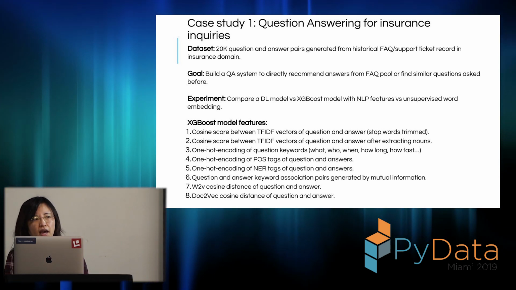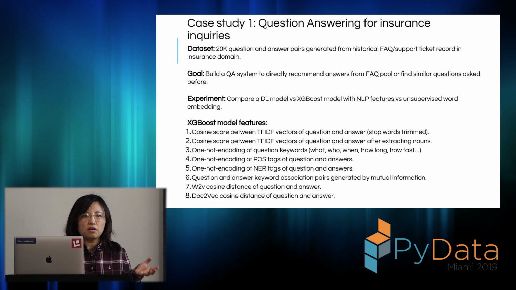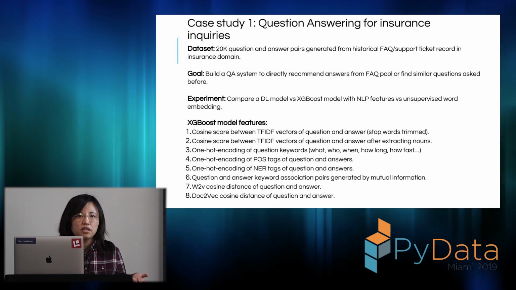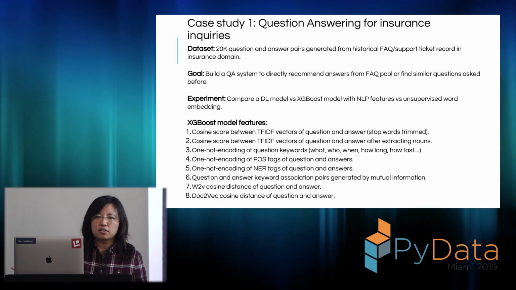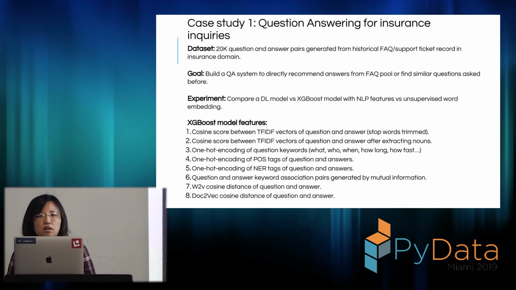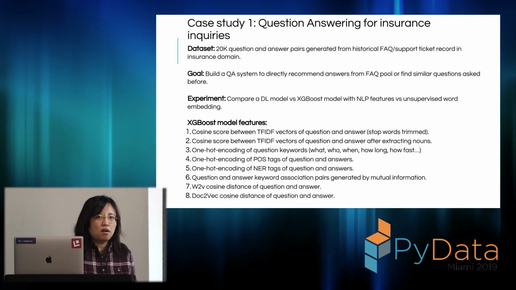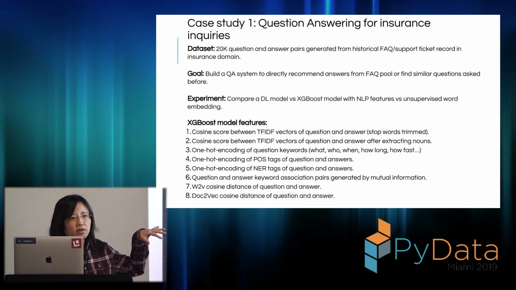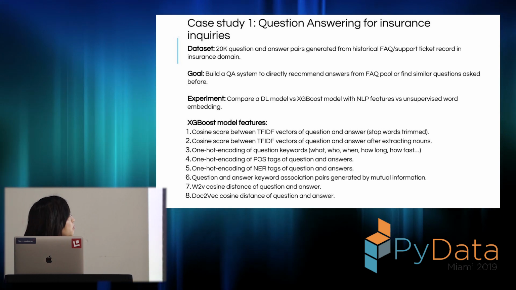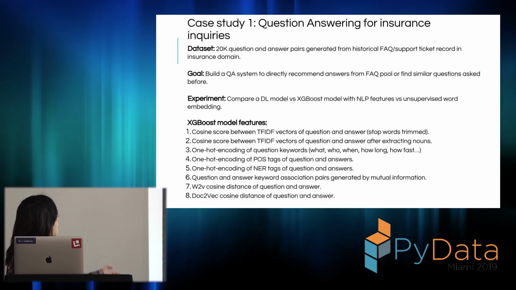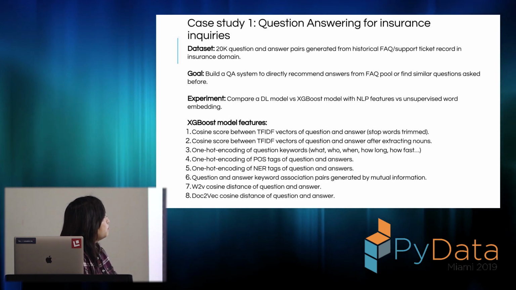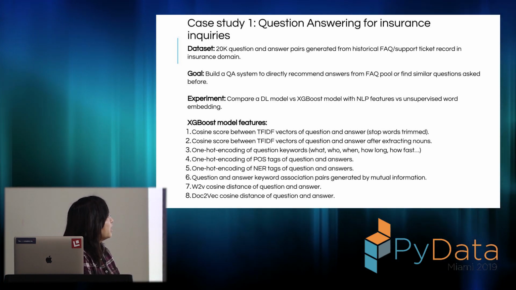Then the business impact is, if we put this question answering engine on a help page or contact us page, then people can directly find the answers. Then it can largely reduce the call center workload. Also, it can facilitate the call center support team because people can directly refer to how similar problems were solved before. In the experiment we did here, we compare a deep learning model versus an XGBoost model, which is basically a gradient boosting tree,